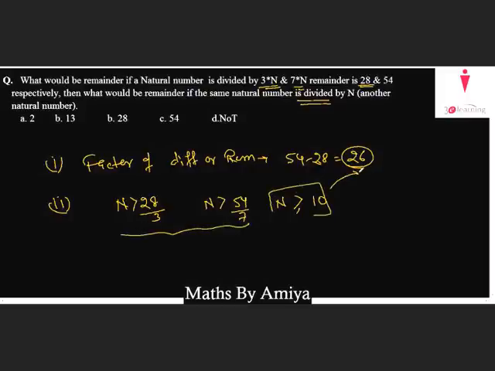By this we find the values, either 13 or 26, and divide the given remainders. 28 divided by 13 or 26, the remainder is 2. 54 divided by 13 or 26, the remainder is 2. So the final answer is 2 only. Factors of the difference of remainders should be our divisors. Take the difference, find the factors. n should satisfy the condition of being greater than or equal to the bound for natural numbers. Eliminate the rest of the factors, work on the given conditions and find the answer.